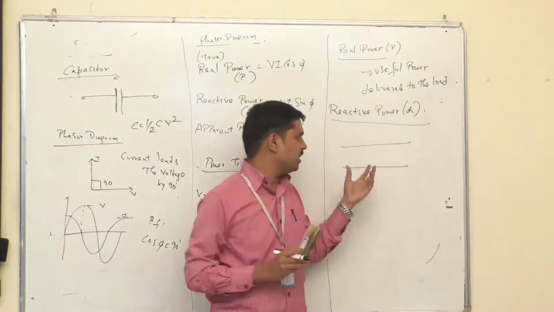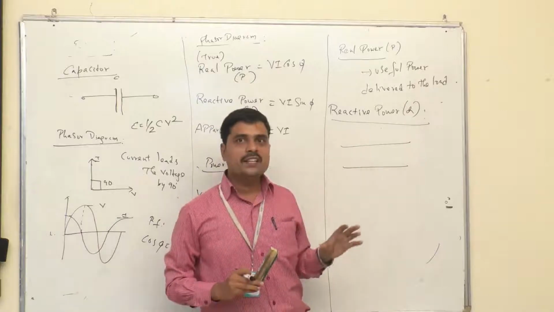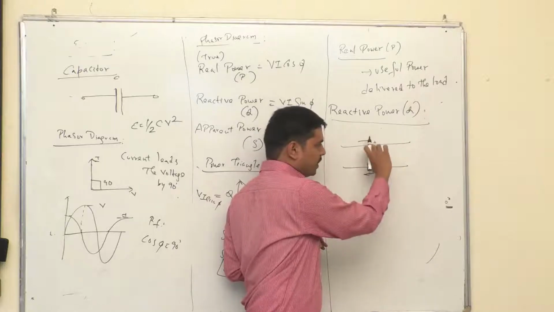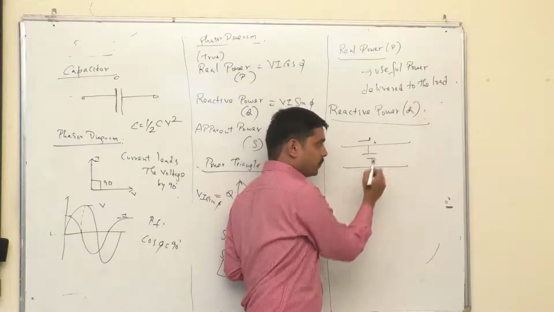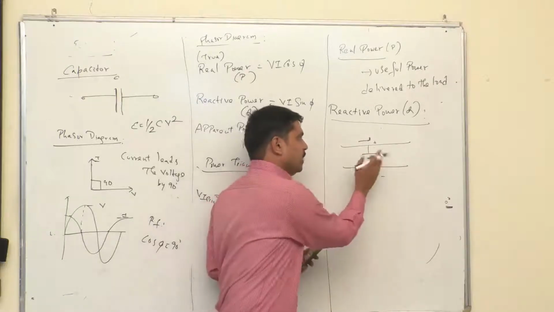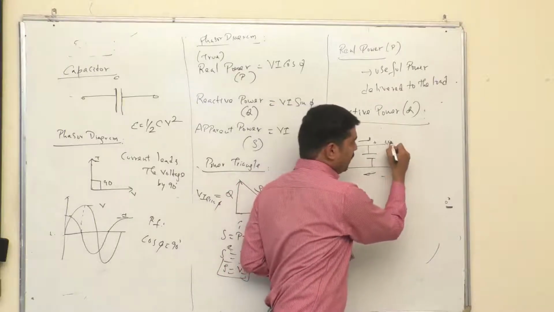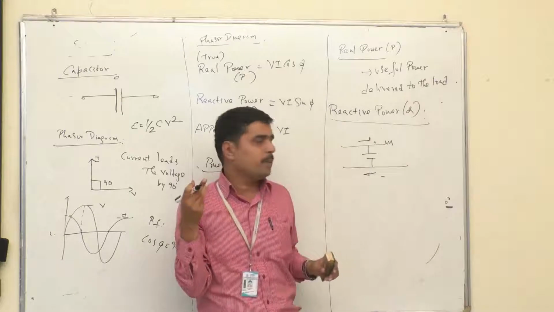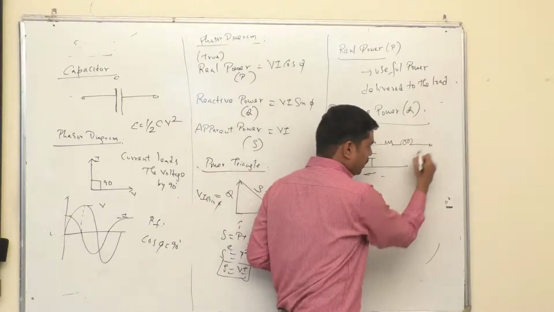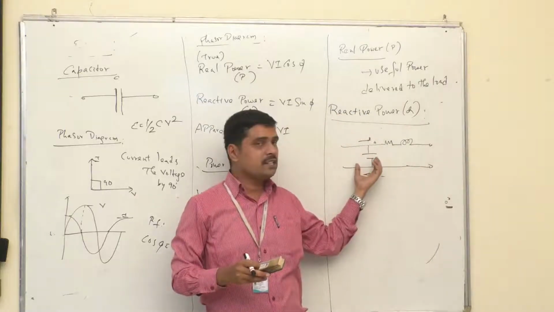Actually, if you look at our transmission lines outside, there are two lines with a gap between them. It is nothing but an air gap. This is one conductor, and this is the return path, so this is plus and this is minus. The air gap acts as a capacitor. So every parallel transmission line has a capacitance present. In series, every conductor, whether aluminum, copper, or something else, has resistive and inductive properties. As I already discussed, what is the nature of a resistor, what is the nature of an inductor, and what is the nature of a capacitor.